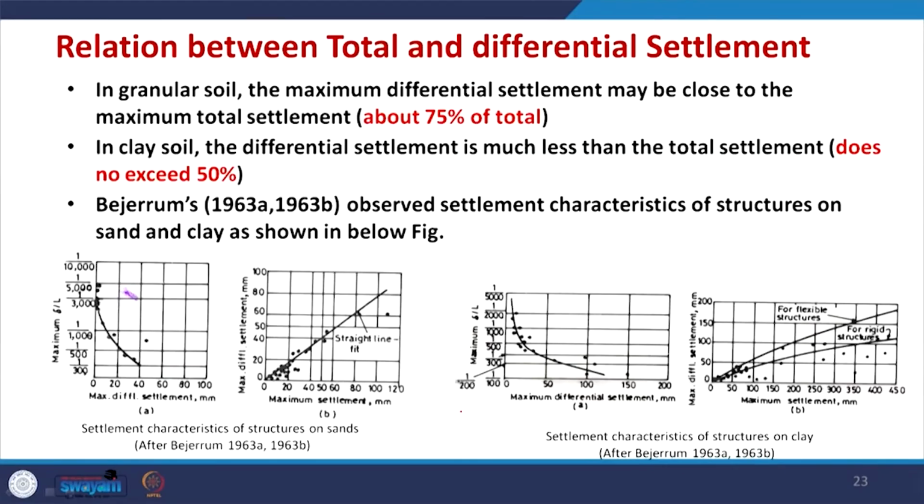Now, continuing with this, some researchers have given a relation between total and differential settlement, because it is difficult to get the total differential settlement. One of the researchers, Bjerrum, worked on this. First of all, in no case will the differential settlement be more than the total settlement. Normally it is expected that the maximum differential settlement for granular soils can be at most 75% of the total settlement,